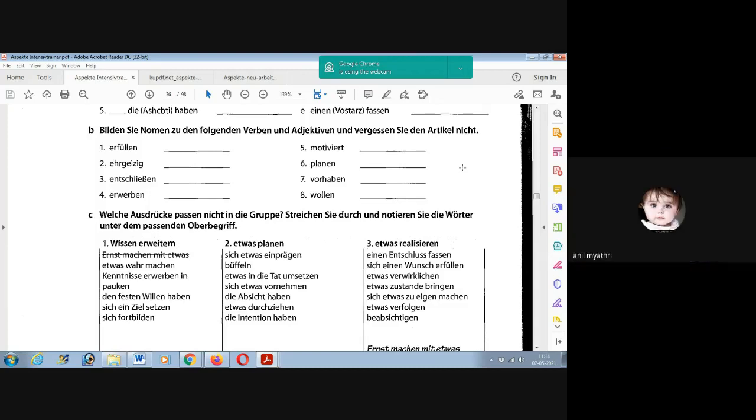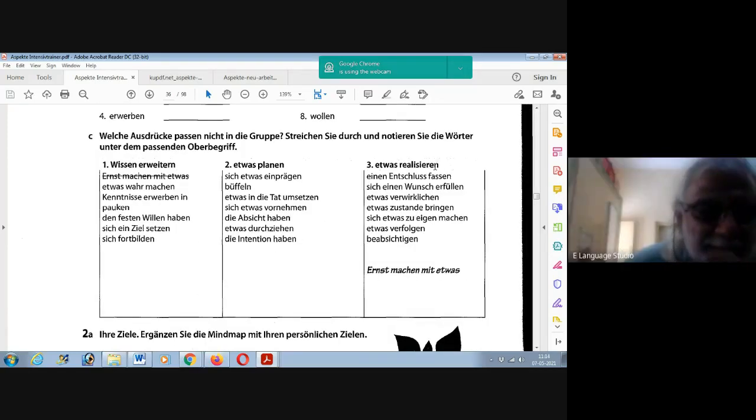Okay so far? Yeah, super. Good. Now we come to something even more interesting. Es gibt hier einige Ausdrücke und diese Ausdrücke passen nicht alle hier. They don't all fit under this heading Wissen erweitern oder etwas planen oder etwas realisieren. Can you rearrange these here? For example, Wissen erweitern, to expand one's knowledge,